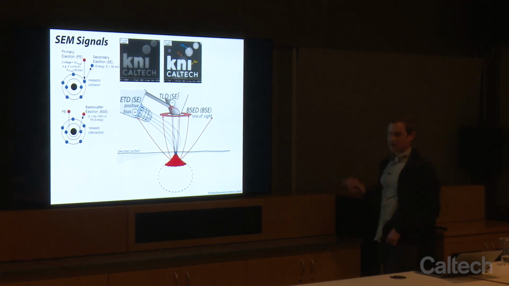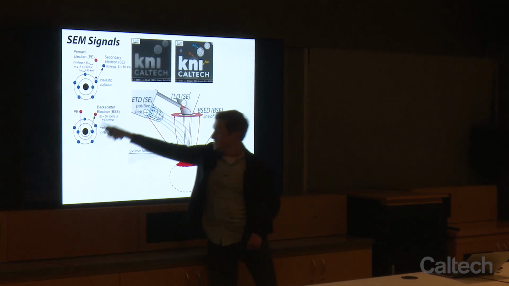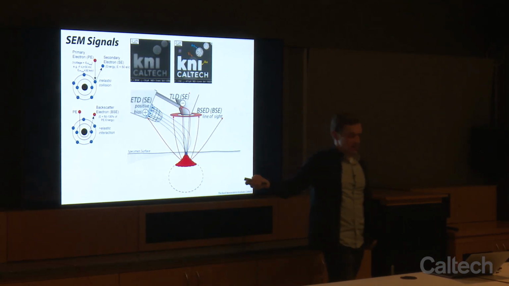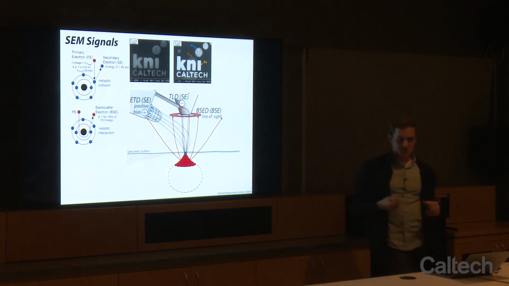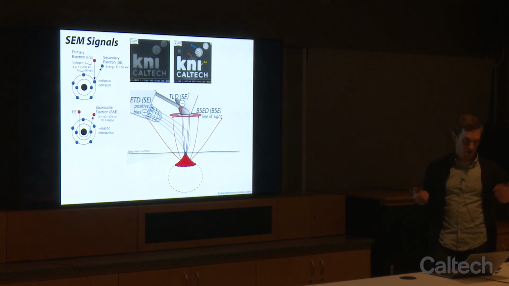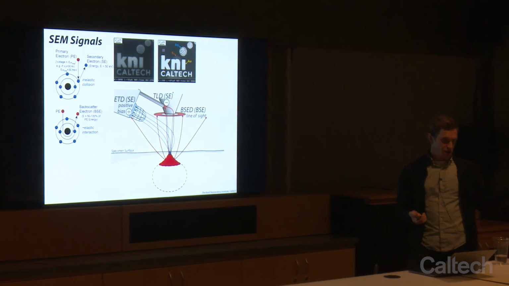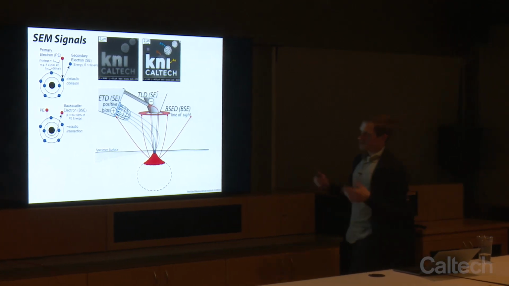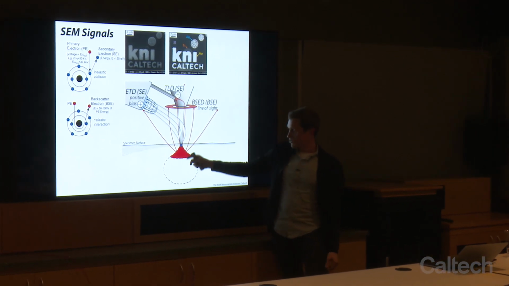Next, we can talk about backscattered electrons. Those are electrons that are elastically scattered by the atoms in your specimen. Because they're elastically scattered, they lose less energy. So they usually emerge with, say, 50 to 100% of their original energy. So say you had 30 keV electrons from a 30 keV beam. They're going to emerge with something like 15 to 30 keV, which means they can emerge from deeper in the